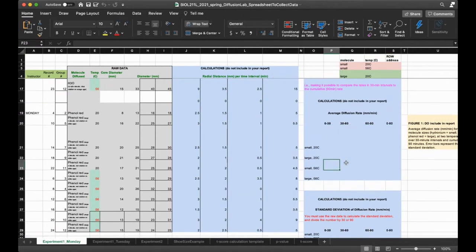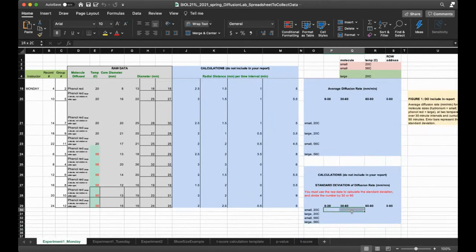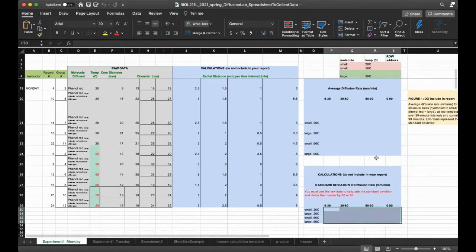So it'll be a graph of averages, normalized averages. And then this table here will be the standard deviation. That will be the calculation of the standard deviation, and you're going to use that as the error bars on our column graph. Okay, so